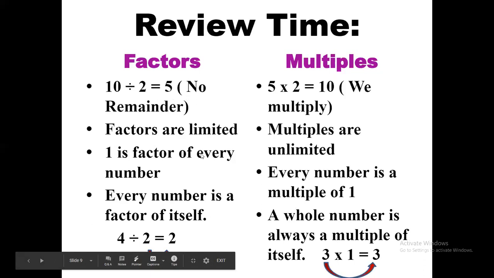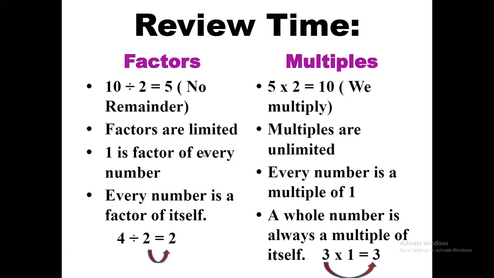In your Countdown book, you have to go through the pages. For factors, you have to go through pages 28 and 29. On those pages, the examples and definitions are also present. And for the multiples, you have to look at pages 39 and 40. Kindly go through those definitions and solve the given examples. That's all for today.